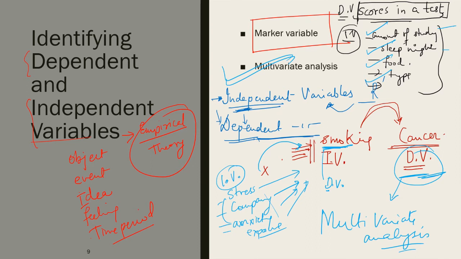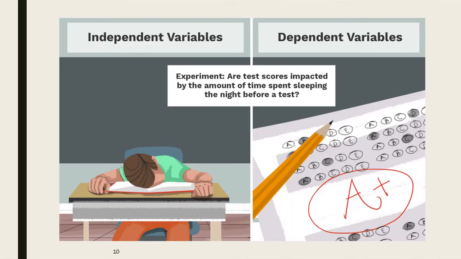I'll give you one more example of a dependent variable. For example, scores in a test could be a dependent variable as it depends on various factors, such as how much you studied, how peacefully you slept at night before the exam, or whether it was a disturbed sleep, whether you had enough food or were you starved, whether you ate properly or not, what you eat or what you drink before the exam. So usually when you are looking for a relationship between two things, you are trying to find out what makes the dependent variable change the way it does.